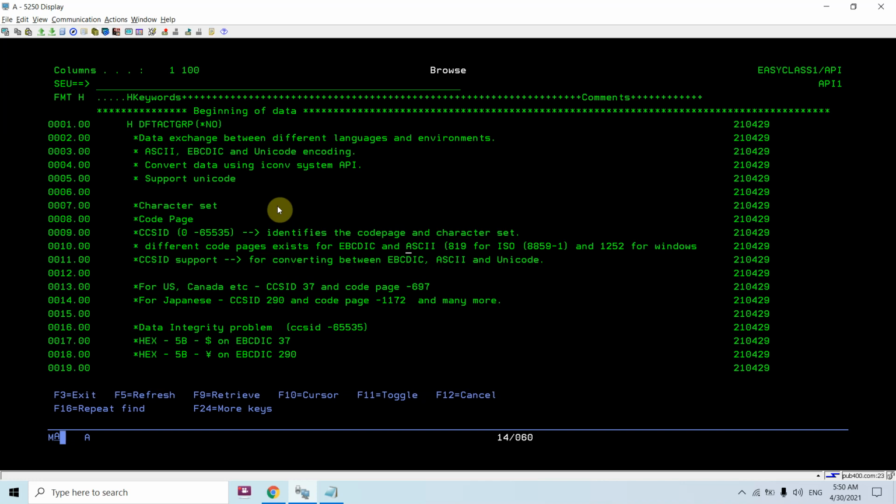So that's not only limited to the English machine to the Japanese machine or some other machine, but it can be from your own machine, your English machine or some other machine, maybe a Japanese machine, to your Windows. So you will face this issue. So you need to convert that data using the iconv before actually processing them.